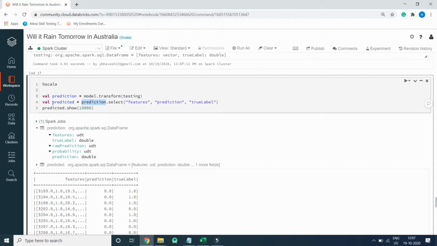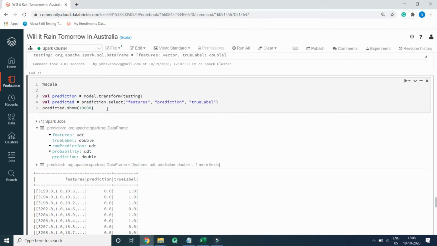We will create a new variable val predicted equal to prediction, which we have created in the above step. Select feature column. This is the prediction column which our model will predict, and this is the true label. And we will write prediction dot show 10,000 records.